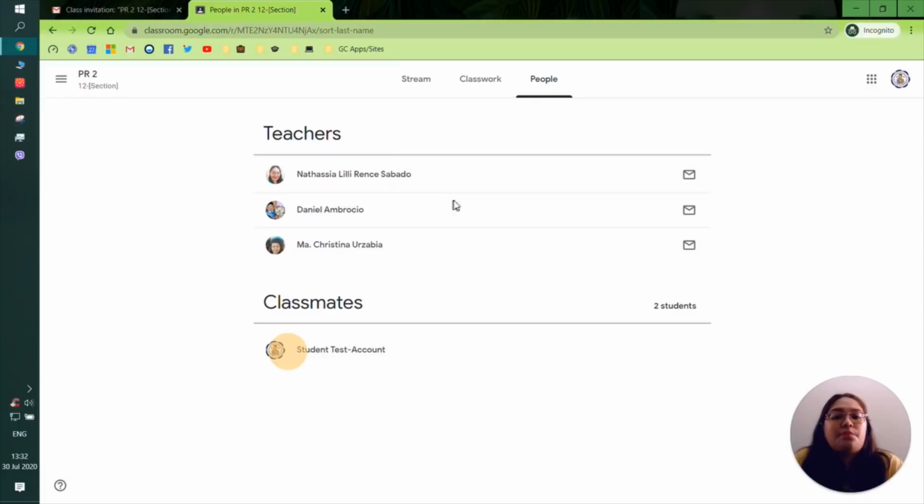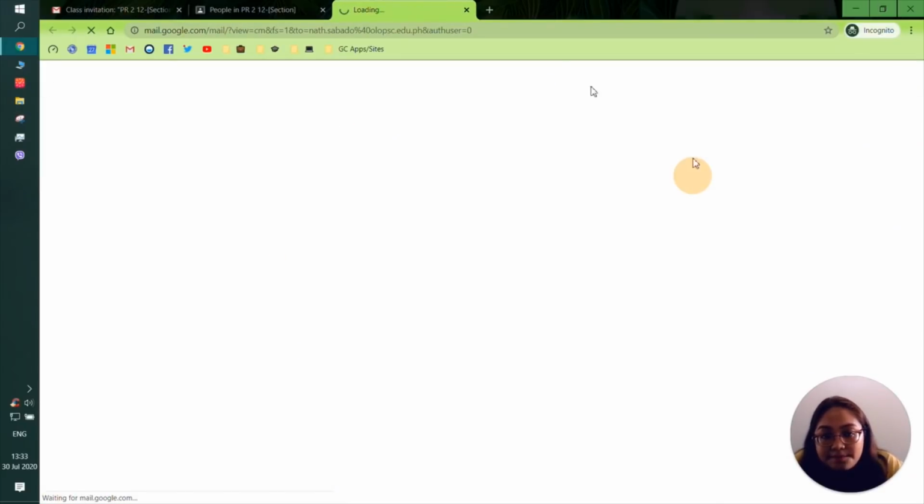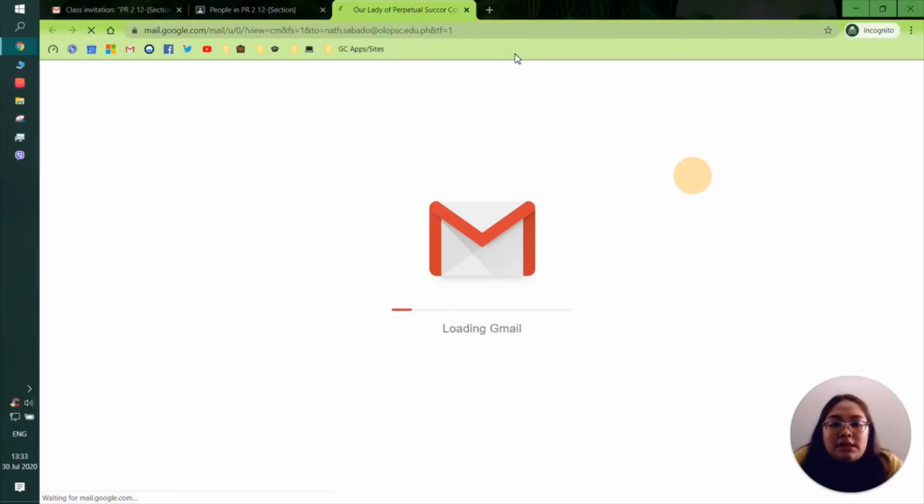Now, sa teachers po, there could be more than one teacher in your classroom. So, syempre, kilala mo naman siguro sino ang subject teacher mo. Okay, so, for the teachers, however, it's a different scenario. You can see our email addresses. So you could click on the icon or actually hover on the icon, tapos makikita nyo na. Or if you really want to email me, click on that one, then mag-open po siya sa Gmail automatically. So kung naka-login ka with your OLOPS email, then lalabas naman siya dyan. Please make sure lang po na when you send emails, you make sure na you are in your OLOPS email,